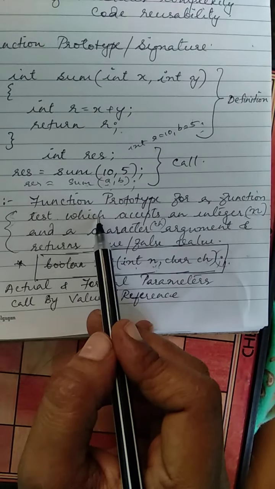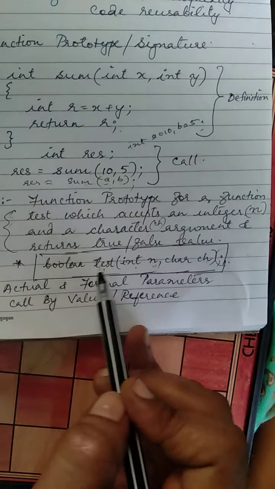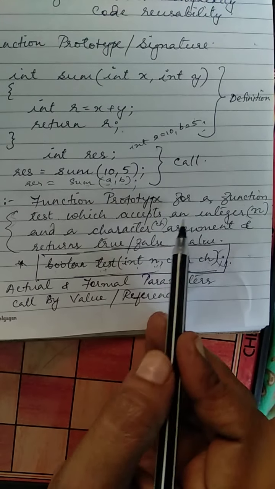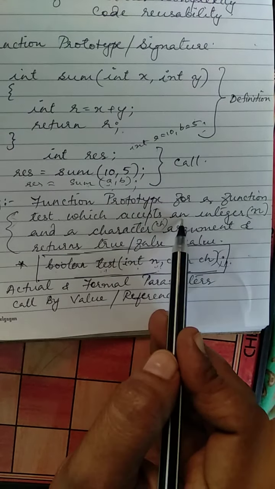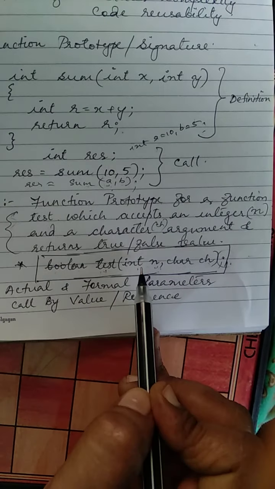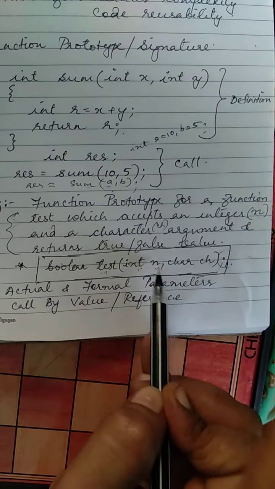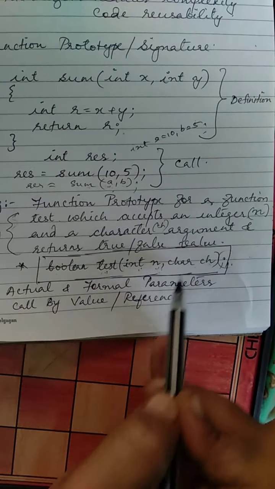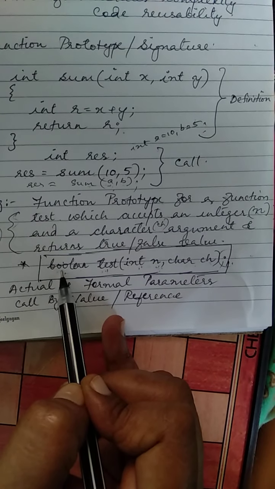Okay. So function prototype will be asked for the exam. First write the function name. Then in brackets write the parameters. Don't change the order. Here it accepts an integer and a character. So first int, then char. Put a comma in between. If variables are given, add the variables. Then on the left side, the returning type of the value.